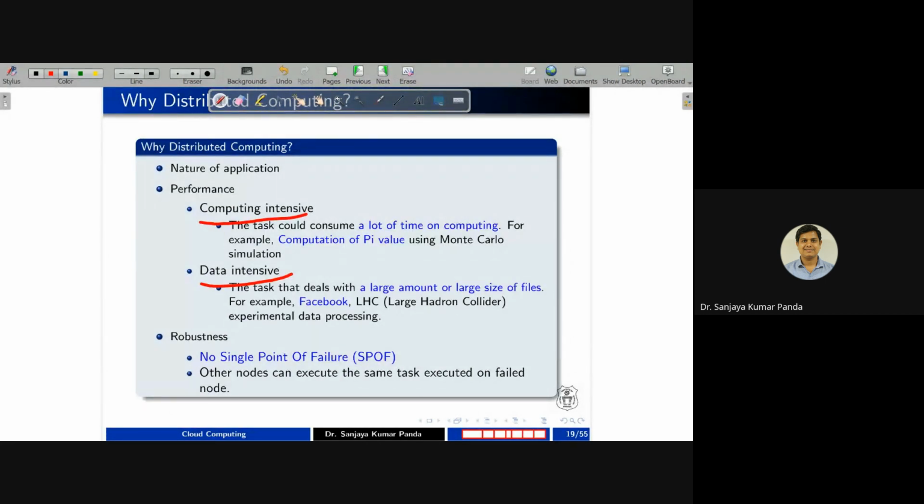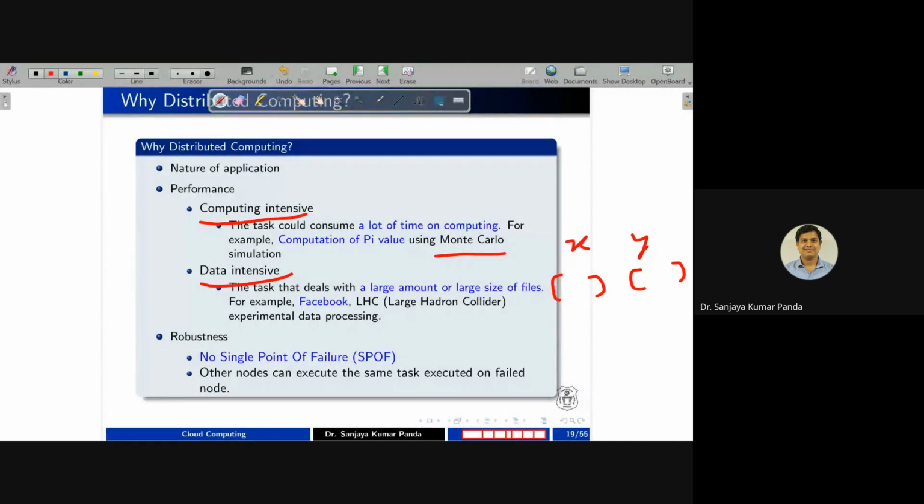Okay, you may need computation or you may need data. For example, suppose I want to compute the value of pi. For that, let me use Monte Carlo simulation, one of the very popular simulations in mathematics, in which we set a range for each and every input. Suppose you are taking x as an input and y as an input, you have to specify its range. Okay, and you have to run this simulation periodically or based on different kinds of data.